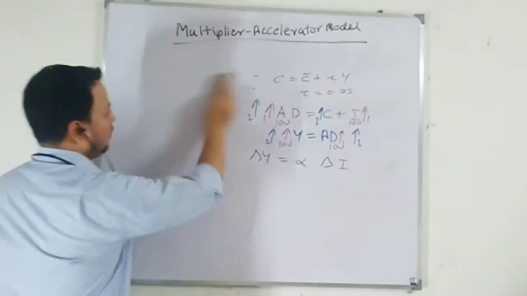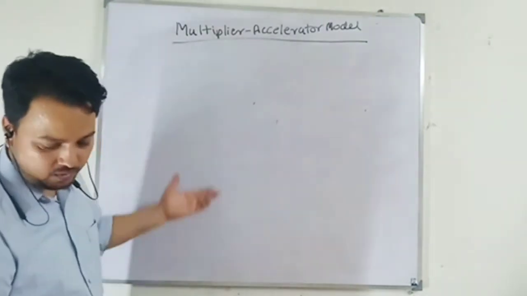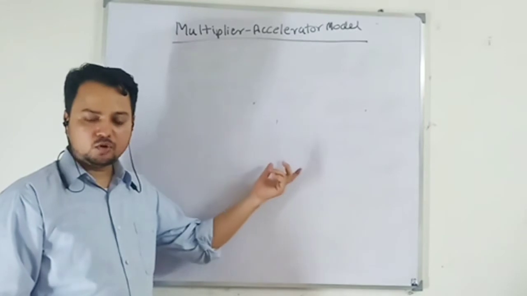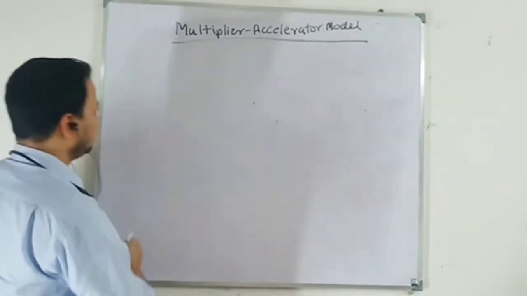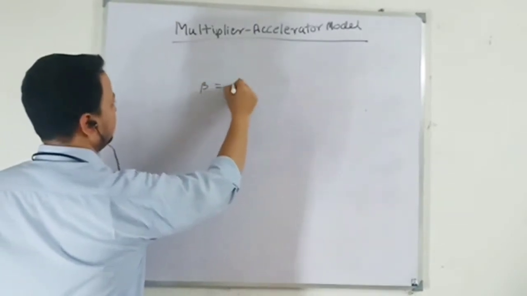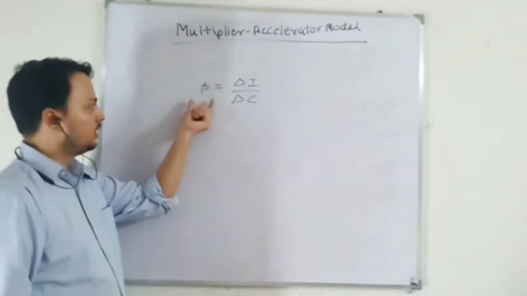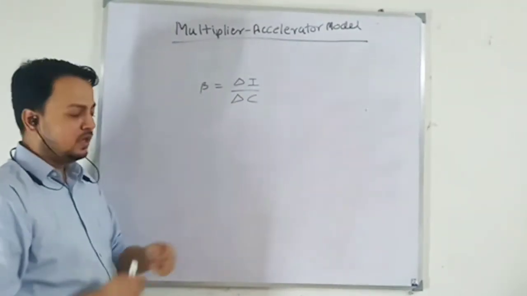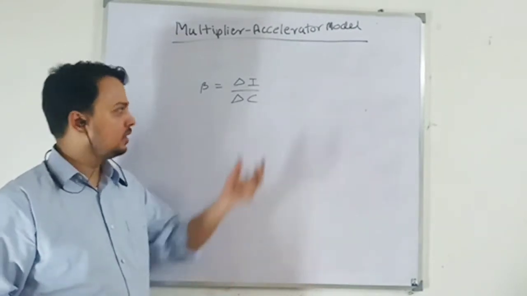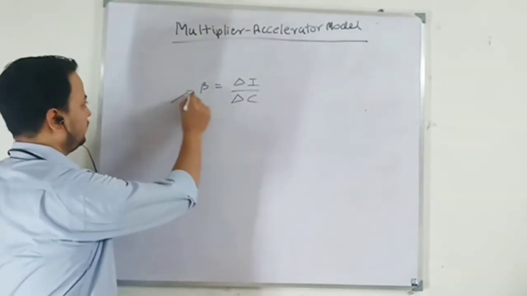So I am just writing the Hicks formulation. Yesterday I showed you that there is no difference between the Hicks combination and the Samuelson static framework, because whatever is saved will automatically be invested. Let me write that. So you have this. One thing is this that I provided. This is your accelerator in the first combination. When demand for consumption goods increases, you require more machines to produce it, so investment will also increase. This is given by beta. Beta is your accelerator.